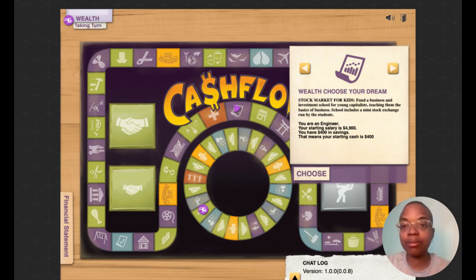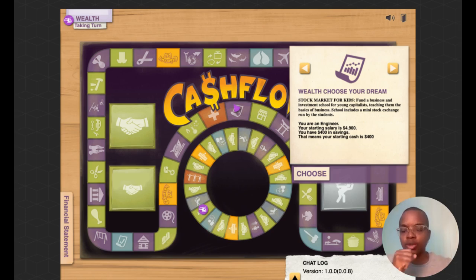You can play with multiple players as well. I'm going to play by myself just so I can go over how to play the game and take my time through it. I usually play this game with my siblings, and I might do a stream where three or four of us may hop on. I have quite a few siblings, so a few of us might play this game together. Or you can join online games of up to 6 players and play with other folks who are also interested in the game.